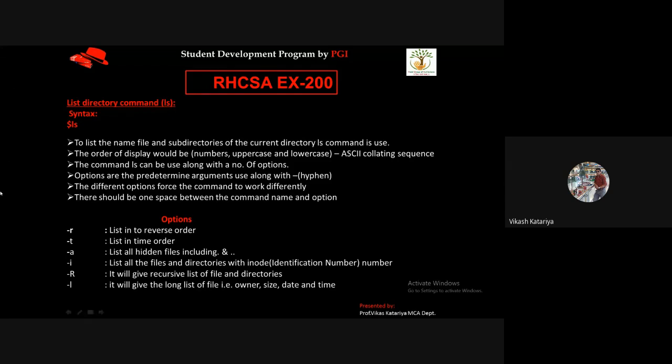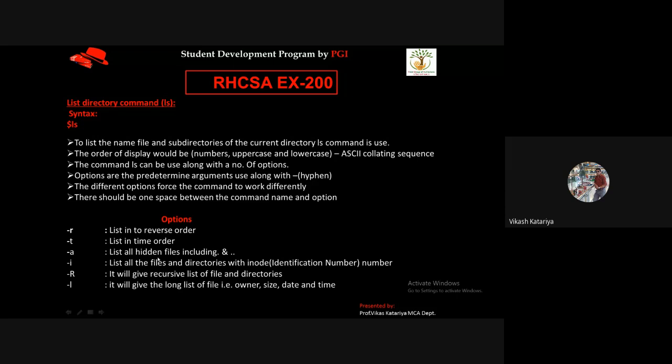The ls command also has parameters. We can display our output by putting the small r parameter, which lists files in reverse order. If you want to show the list of files in order of time, we have to put the -t parameter.